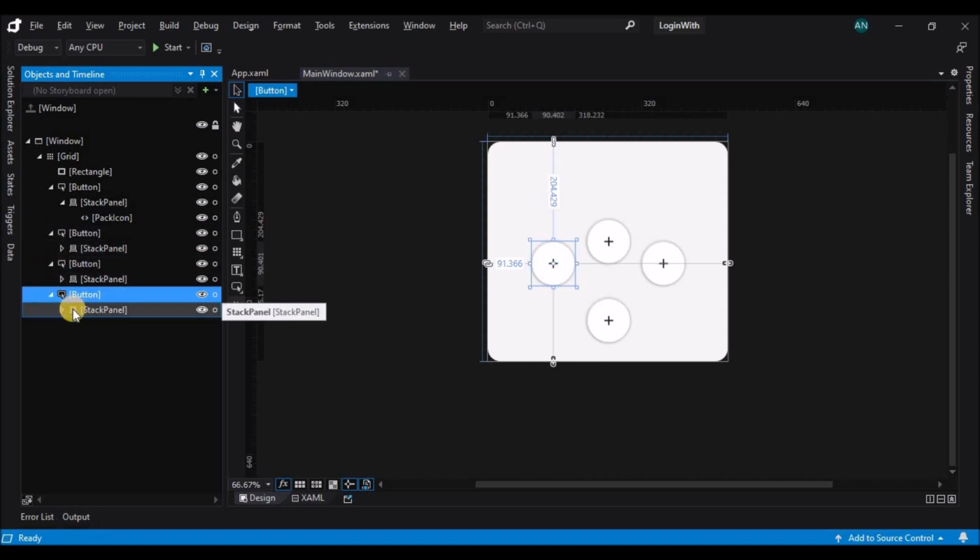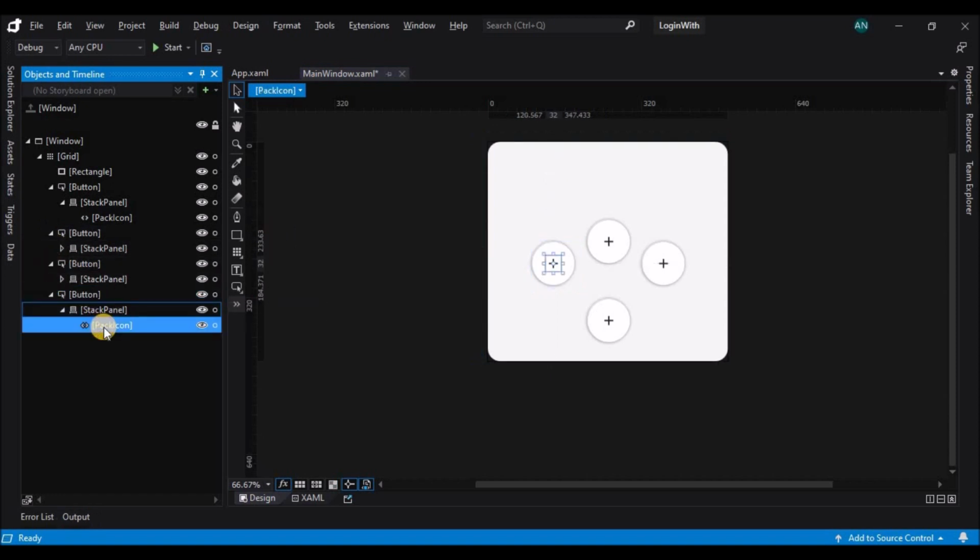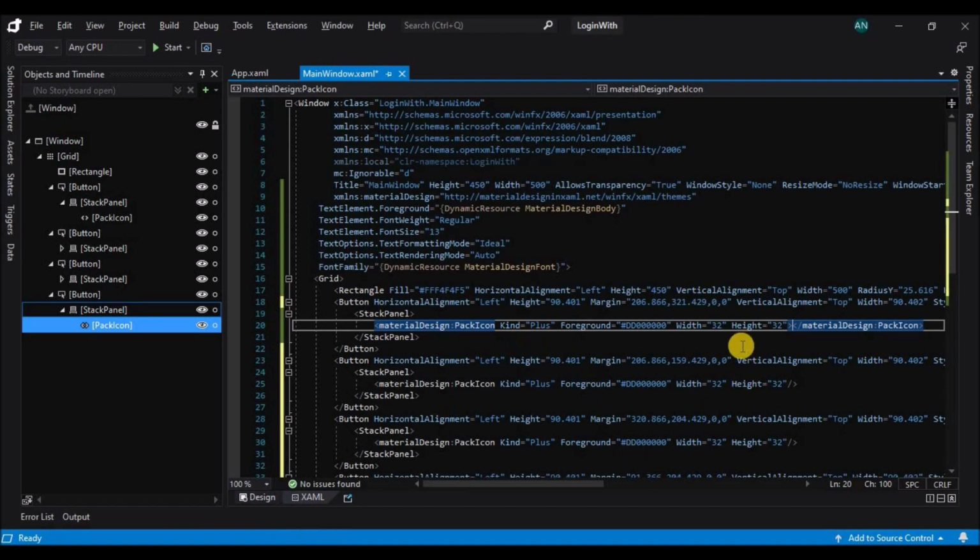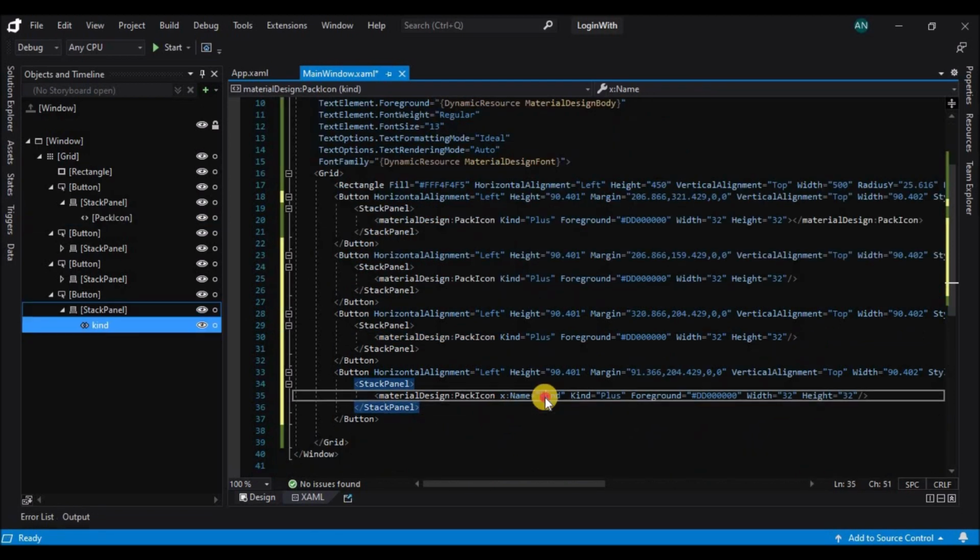Now let's go to each button in the XAML and change the pack icon, and also let's set a name.